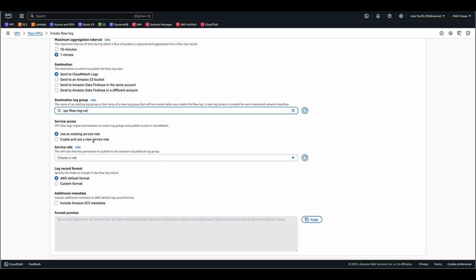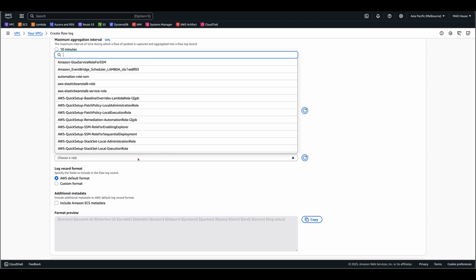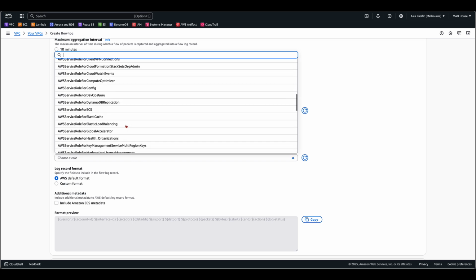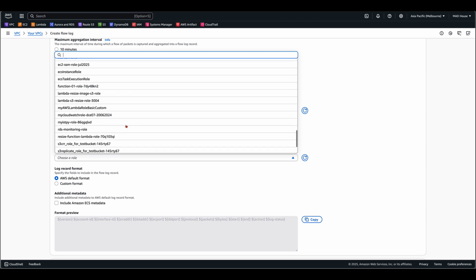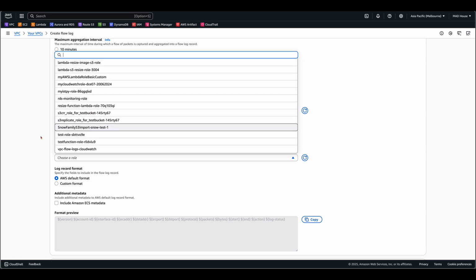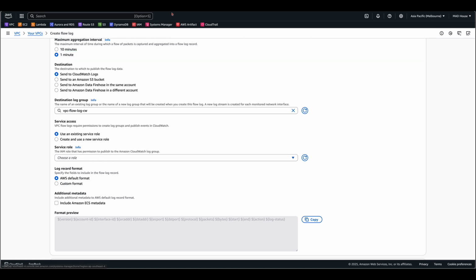Now, do you have a role? So let's select, do we have a role for this? It doesn't look like I have a role for this. Maybe I have not created it, but we will quickly go, or maybe I created it, I don't remember. We'll go here, see, here it is, there is something here. Let's go and check this role. What is this about? So we'll click on IAM,